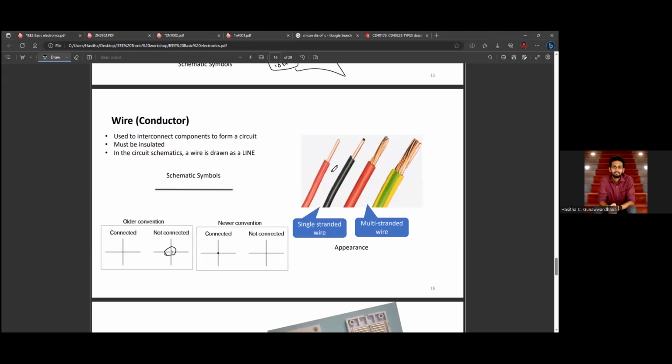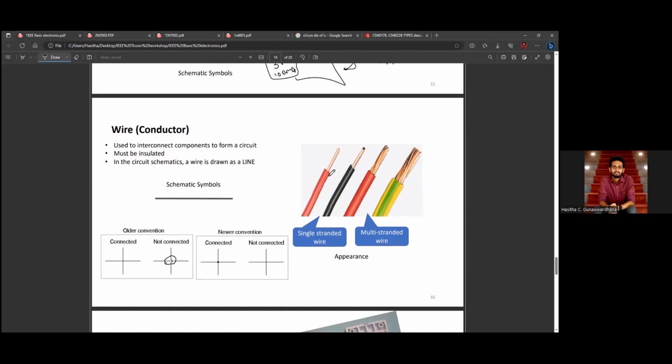Other than that, if we are going to use wires in an actual real circuit, we have to consider what current we want to carry using the wire. If we use a very thin wire for a higher amount of current, this wire may heat up and melt this copper core. So we have to think about what is the maximum current the wire we selected can carry without damaging itself.